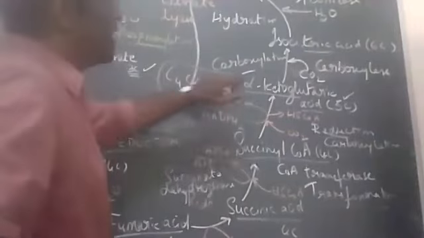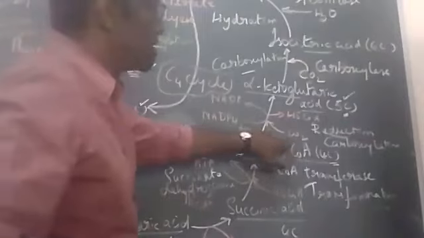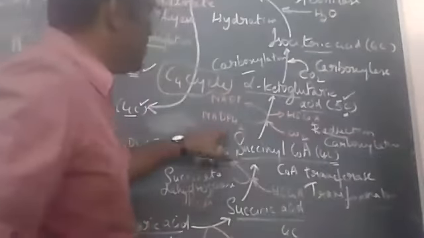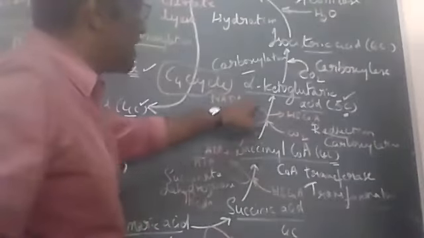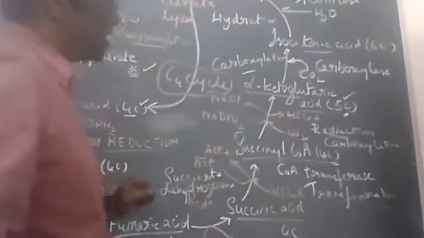Succinyl-CoA converts to alpha-ketoglutaric acid. Here you observe 4 carbon converts to 5 carbon. Here there is carbon dioxide fixation, meaning carboxylation. NADPH2 becomes NADP. Hydrogen is added here, that is reduction, so both the steps are there. CoA is removed in the process. Thus we got alpha-ketoglutaric acid. Immediately alpha-ketoglutaric acid will convert into